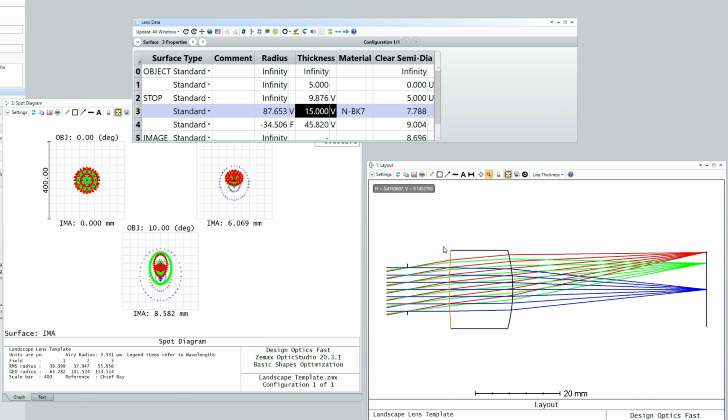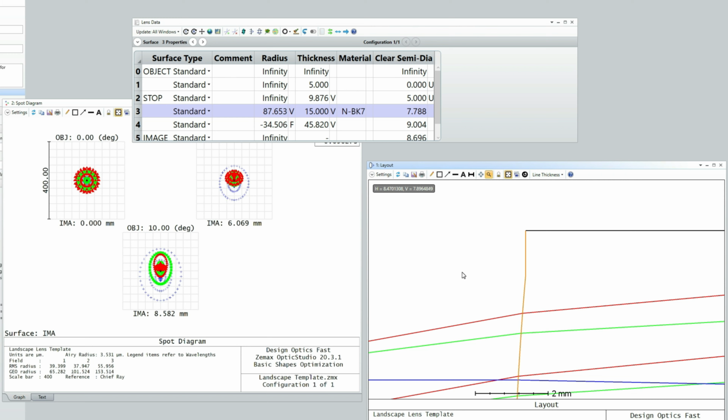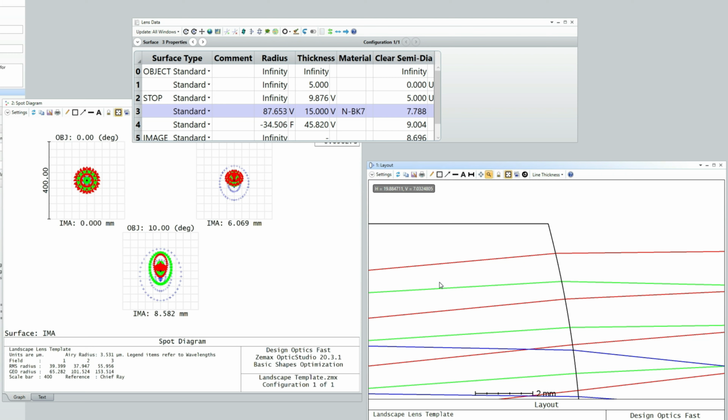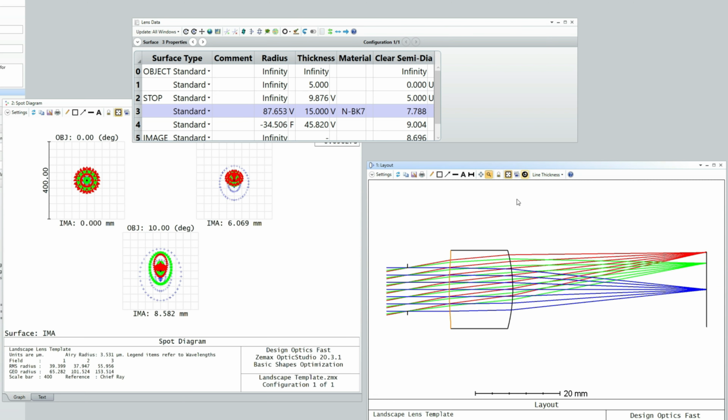Note also in the 2D layout the slightly odd drawing of this first surface where it appears curved and then becomes flat. The rear surface, on the other hand, is curved all the way to its edge. Now, don't worry about this for now. This is all to do with the details of designing edges for lenses, and we will cover this kind of thing. For now, just recognize it's outside of the optically important part of the lens, and we'll come back and look at edges as the design matures.